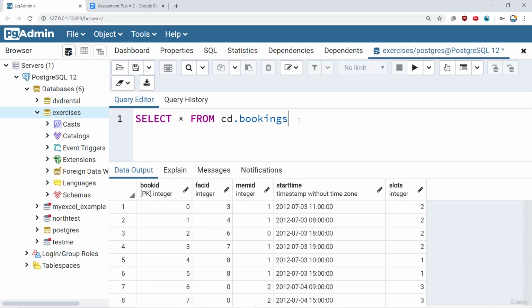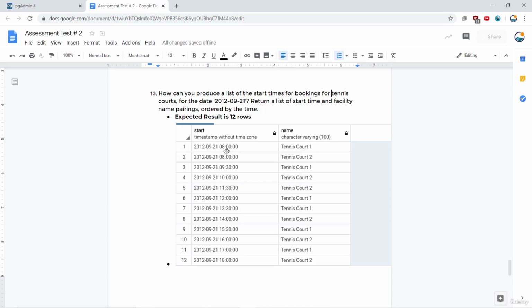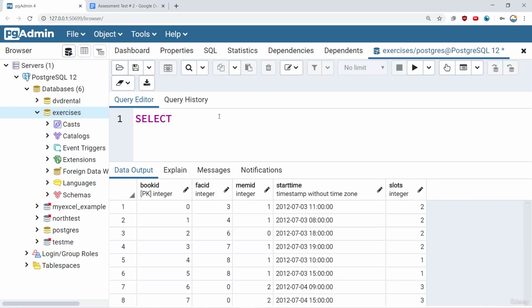So let's show you one way you can do this. This one is actually probably one of the questions you can do a multitude of ways. But the first thing we should be doing is selecting those two columns, which again, if we take a look here, it's the start time and the name. So we'll say select from cd.bookings the start time,